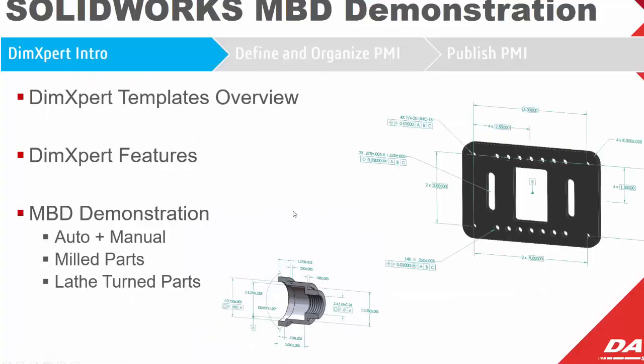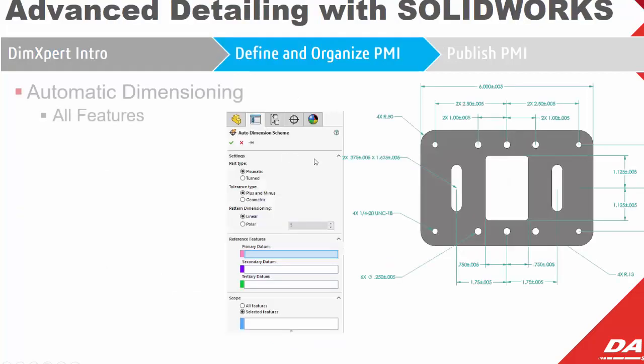Getting back into the next part of the demonstration, I have three components I want to go through. There's basically a couple of parts that are lathe turned and a couple of parts that are typically milled type operations. And in these demonstrations, I want to show different dimensioning techniques, which are fully automated, some that could be manual, some that could be a hybrid of both, etc. So the first example here